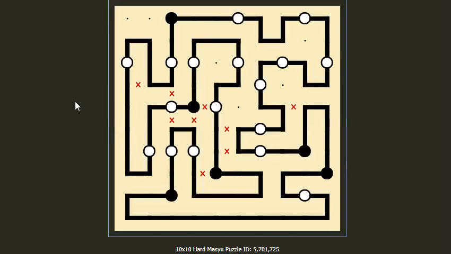Today we will play a new puzzle which is the Masyu. The Masyu puzzle's rules are very hard to explain using just words, so I will use a completed puzzle to explain the rules to you. In the puzzle you will see black dots and white dots, and you see there is a loop here, only one loop. Actually